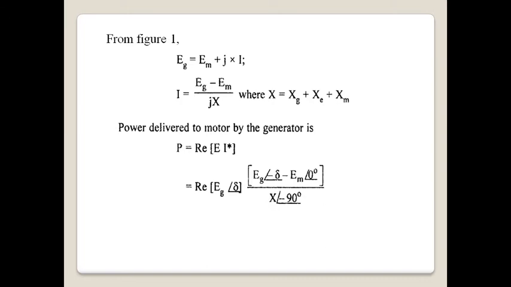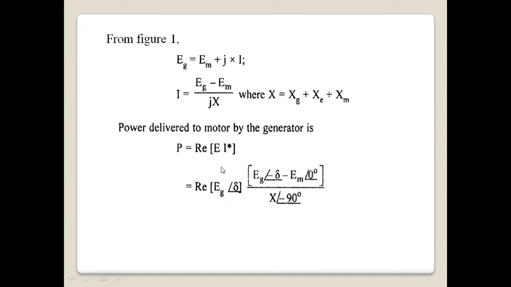Now the power delivered to the motor by the generator is given by power equal to the real part of E into I. Either you can take E as a conjugate or you can take I as a conjugate. If I want the real power transfer, then I have to take the real part of E into I conjugate. Now I will ask a question in our live WebEx lecture: why are we taking the conjugate? This you have to answer. Now we'll switch over to our next equation.